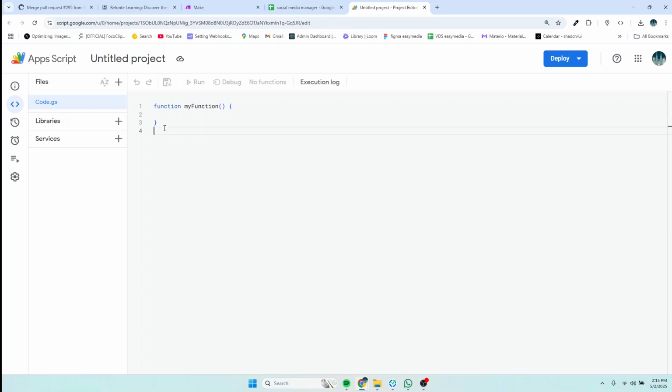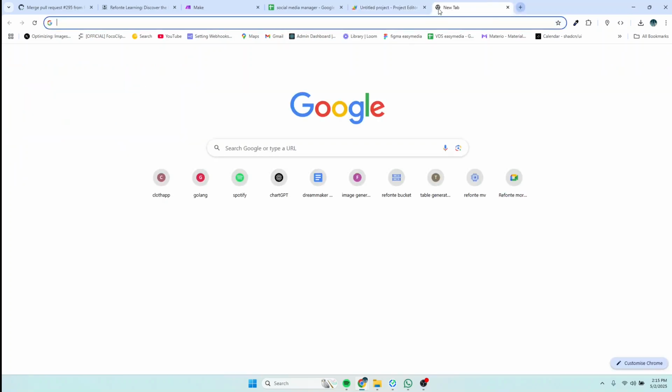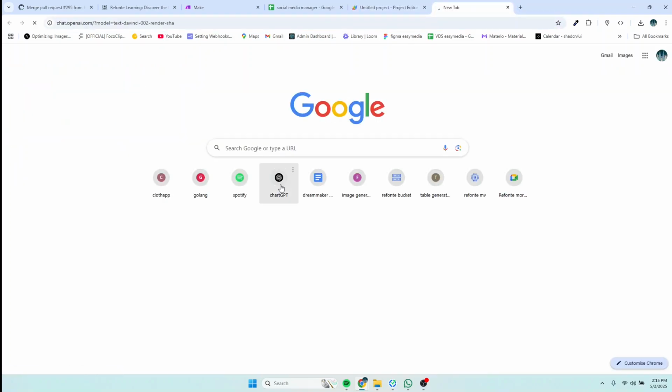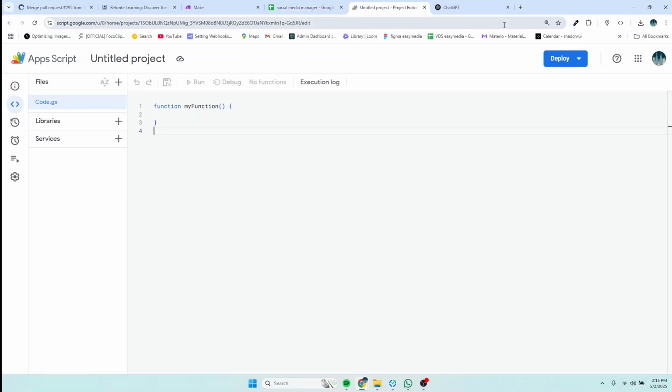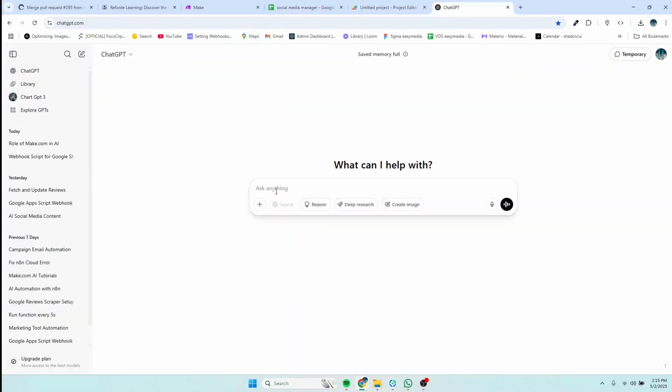For the benefit of those who are not programmers or coders, we can make use of AI. What we do is press Control A if you're using a Windows machine, then copy everything. Then you come to AI and tell it that